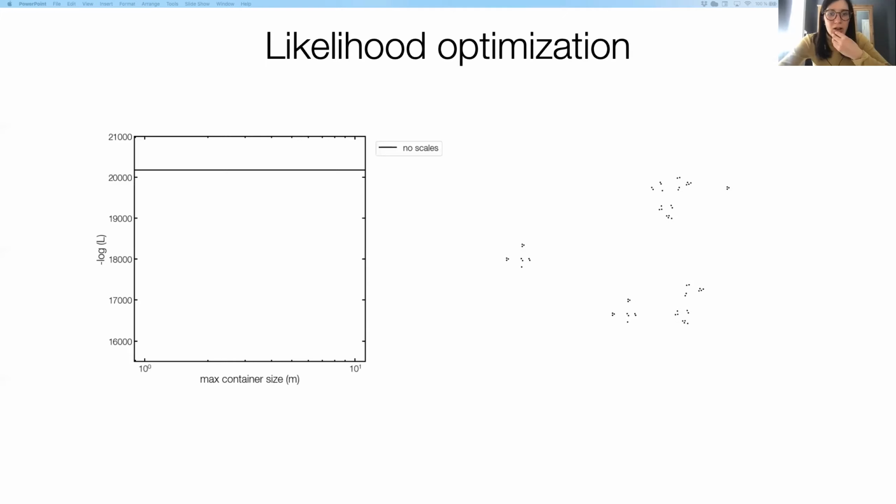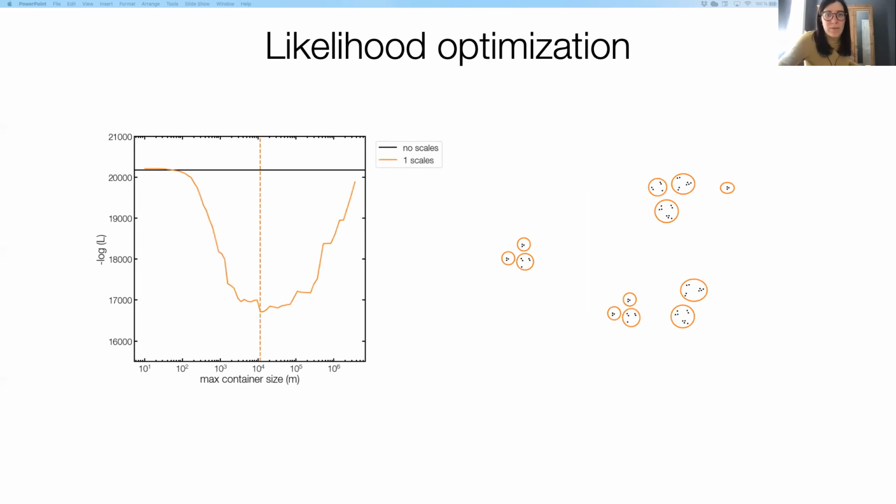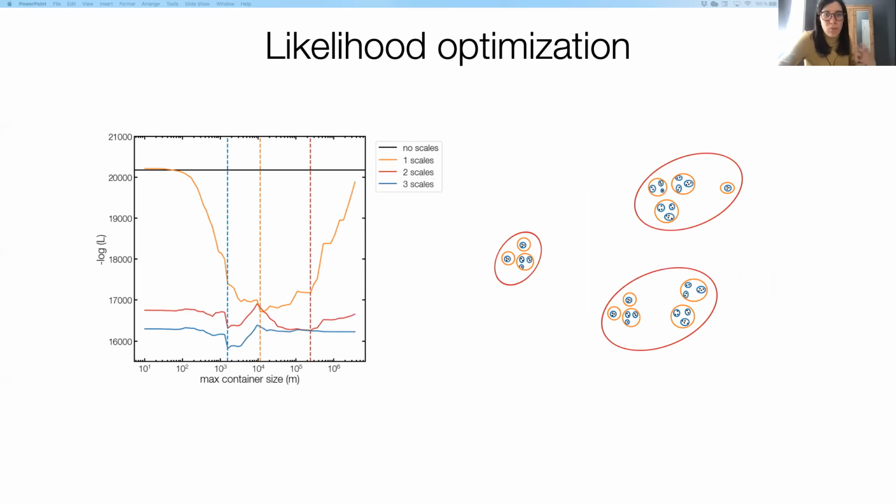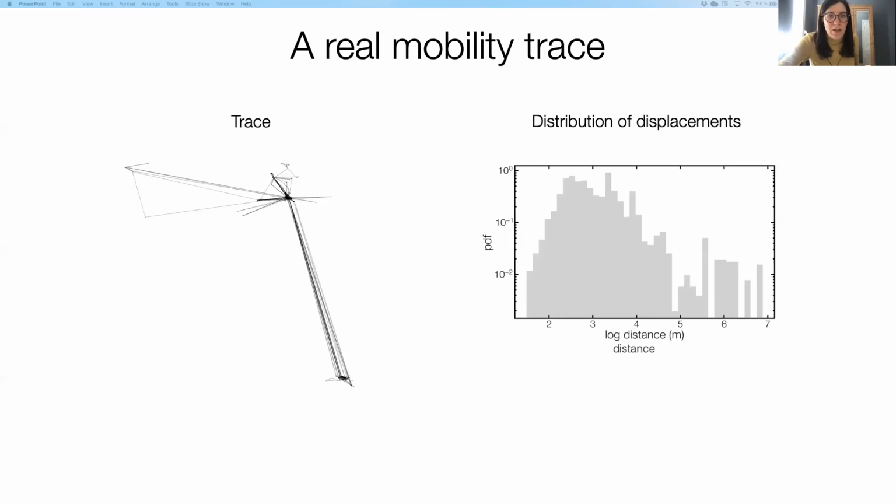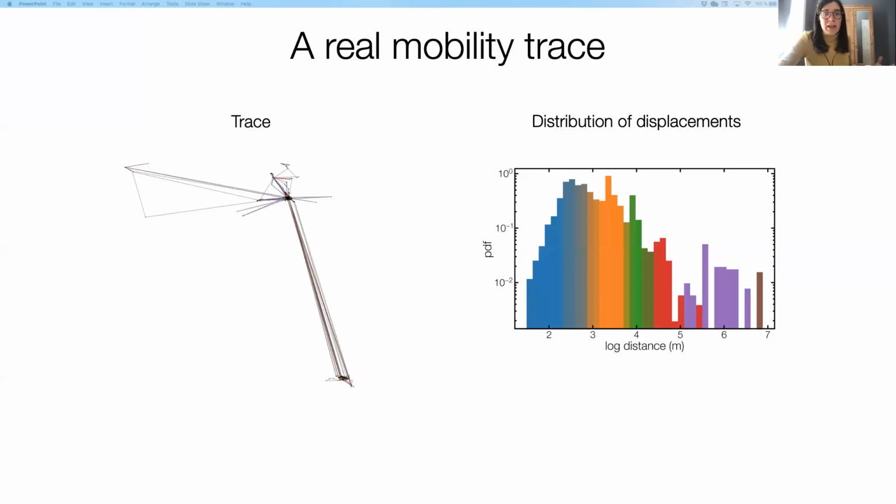And we could basically color. So what we did is, via maximum likelihood, find the best model that potentially originated this trajectory. So what you can see here on the left is the negative likelihood as a function of the container size. On the right-hand side, you have the location, and then we basically kept adding more and more levels to our description until we could not improve the likelihood anymore. And this basically resulted in us being able to color these trajectories and to assign at which level each transition occurred. And this basically means that we can identify the containers for individuals.